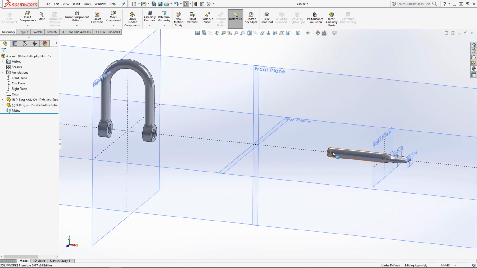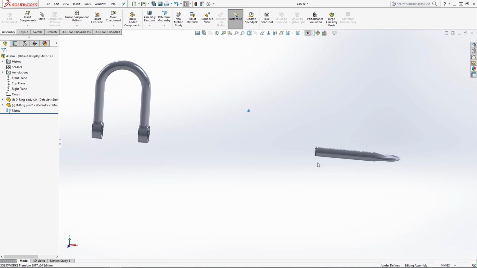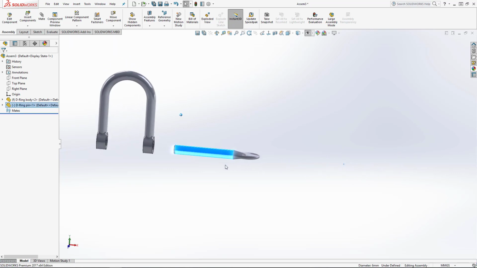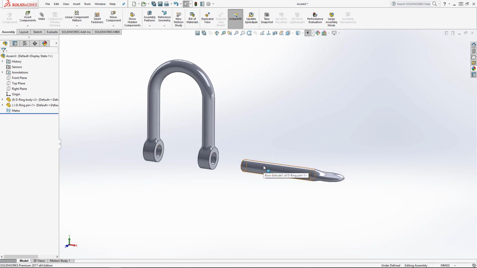So what we want to do is start locking that down, and I think we will hide all the planes because it makes it easier at this point. So we'll hide all the planes there. The first way that we're going to lock this down, if we just want to drag it a little bit closer to the part, is we're going to make the outside of this shaft coincident with the inside of these bars. So the easiest way to do this is if you click the shaft and then hold down the control key and click either one of these bars whilst holding down control, and then as I let go,